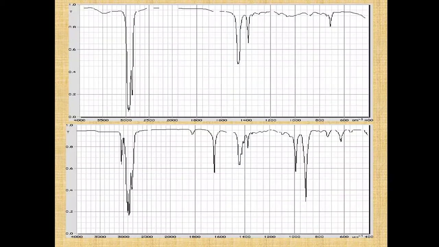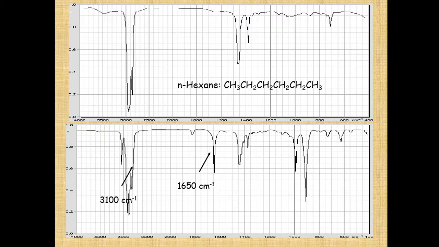Now this is an actual IR spectrum, so you can easily identify which functional group is there. It is the IR spectrum of a hexane molecule. This is another IR spectrum, where you can see we are getting one peak at 650 centimeter inverse and one at 3100 centimeter inverse, so it will be hexene. You have to do a complete study of IR spectra, and then you can easily identify which molecule it is.